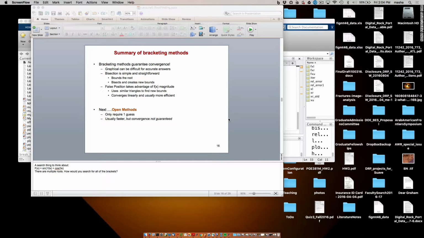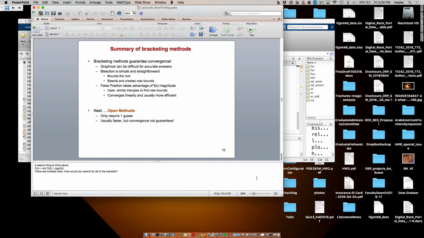Continue our discussion of root finding methods. So just in summary of bracketing methods, for bracketing methods, I have to